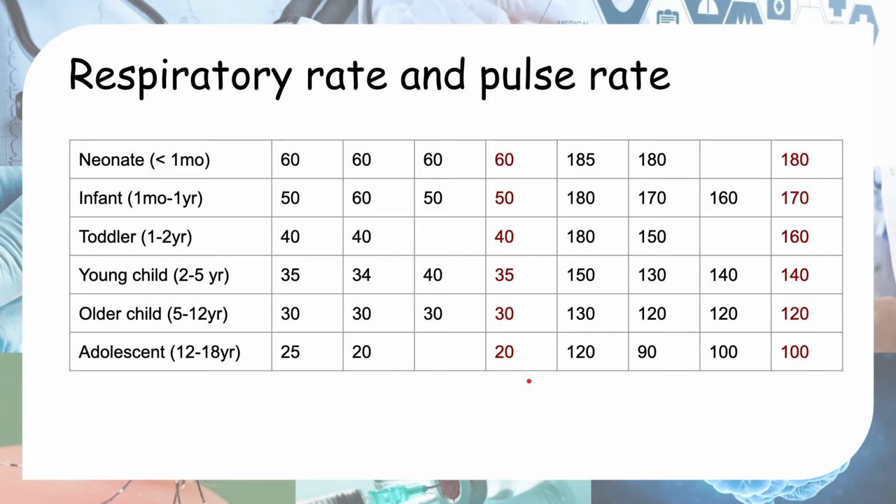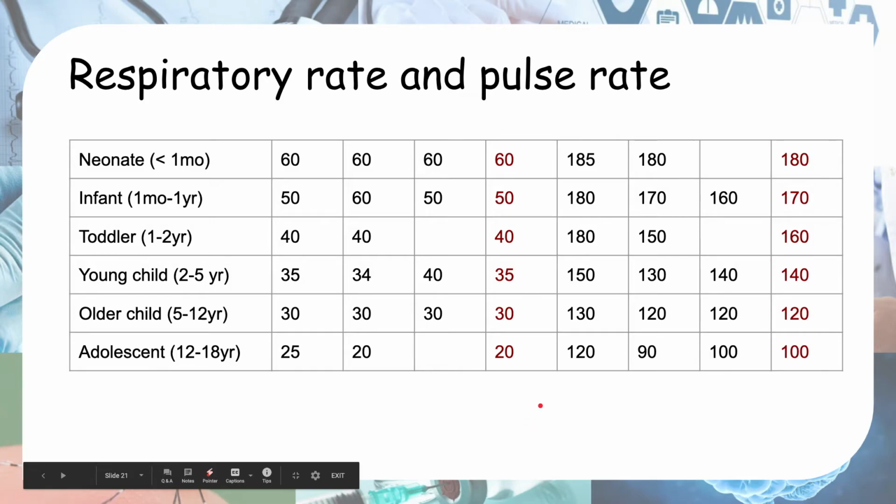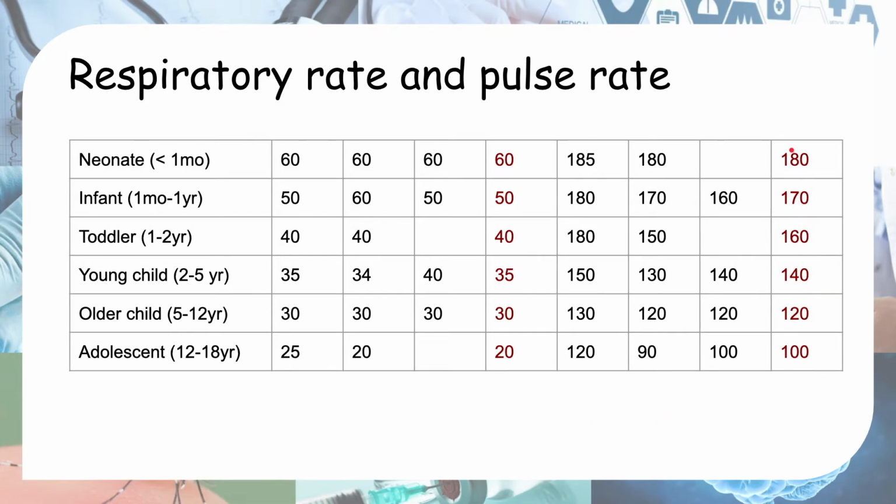You don't have to be that accurate. It's just for you to quickly judge whether this is in the normal or not. Then over here you have the pulse rate, the upper range of the pulse rate. So the first column here is first column, right? First column or first row? Okay, now mind. So over here you can see